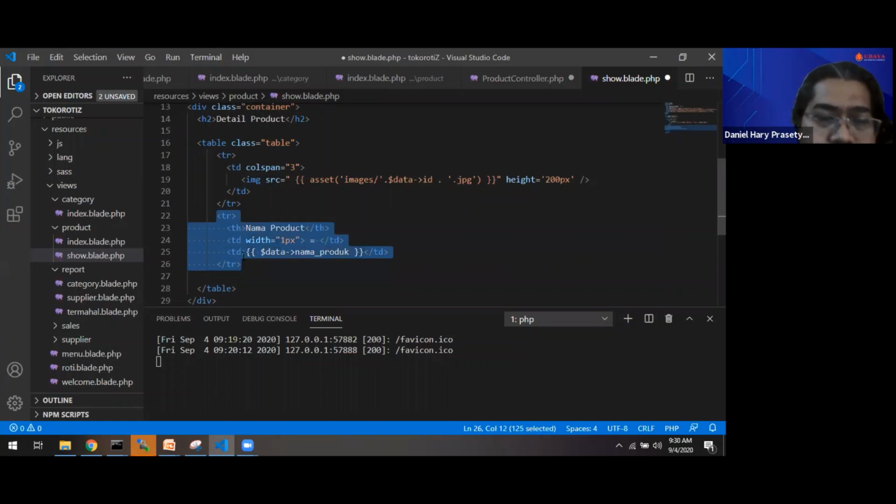Okay, we will try it first. Just the image and nama produk. If it succeeds, we will continue with harga and kategori.